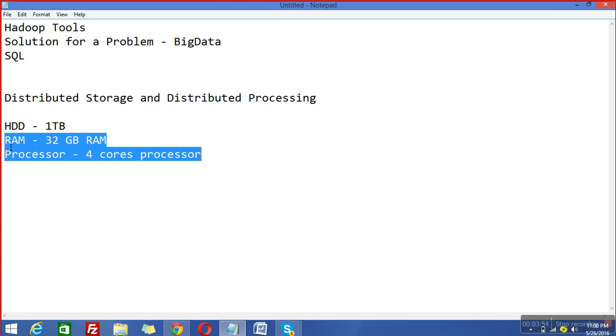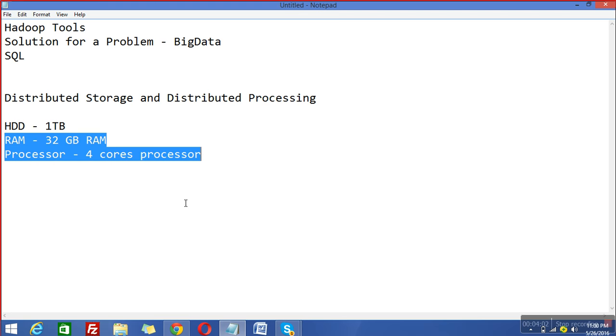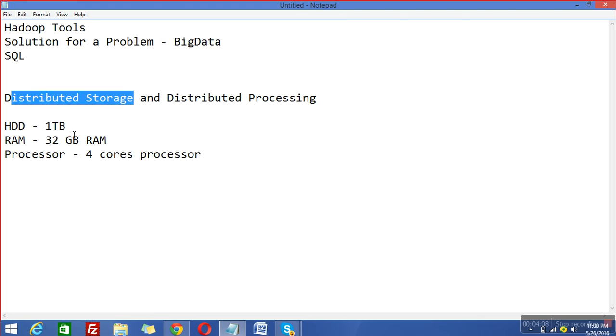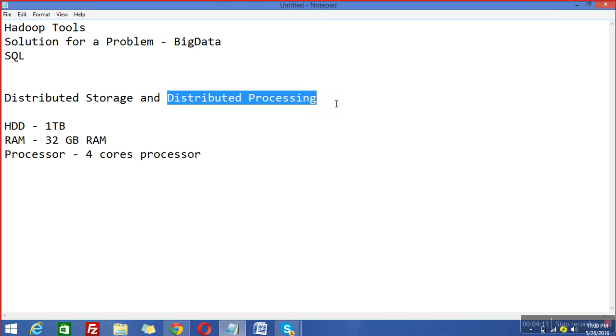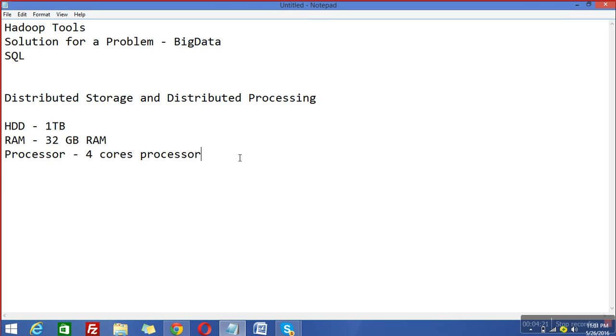So this is the concept behind Hadoop. Let's say we have 10 machines. Each machine not only has storage, it has RAM and the processor that helps in the data processing. So it is distributed storage based on multiple machines with hard disks, and each machine not only has a hard disk, it has processing related resources, that is RAM and processor. This is the concept of Google, and the same concept Yahoo employees used. One of them, you have met, Doug Cutting. He implemented a new tool in the market and named it Hadoop.